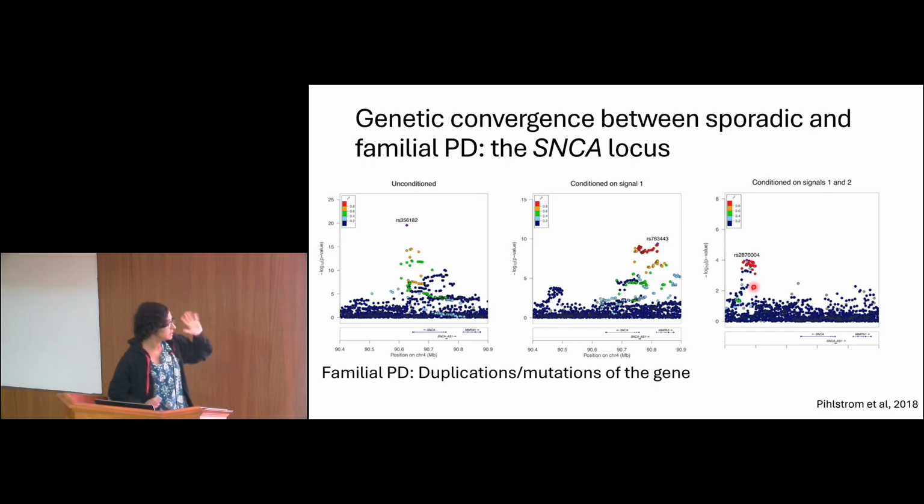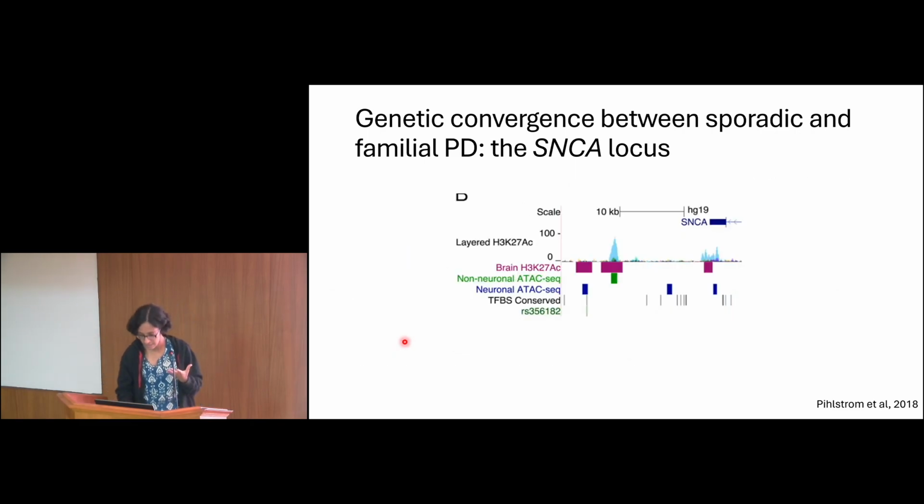They haven't really dug deeper into the second and the third signal yet, but that first signal, which is around the 3' end of SNCA, they overlaid it with other kinds of genetic functional genomics data. So here what they did was that SNP RS356182 is that significant SNP that I had shown you in the previous slide. When you overlay it with functional genomics data, open chromatin, whether it is in a transcription factor binding